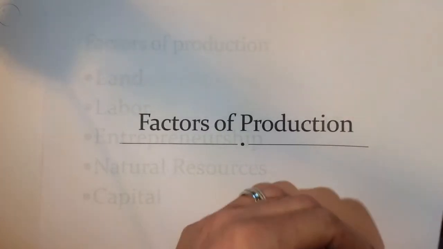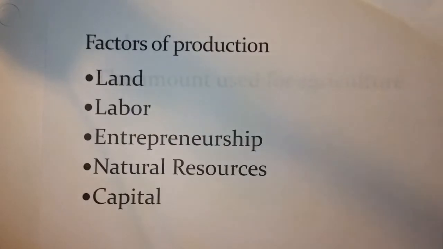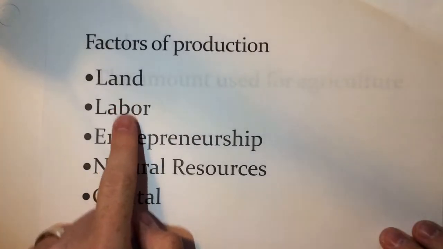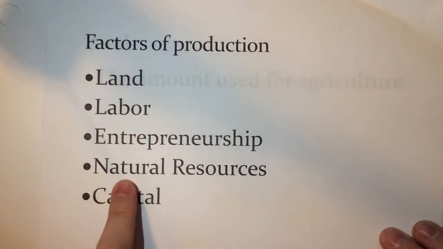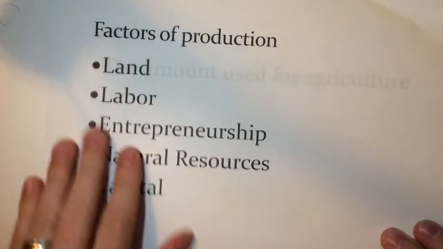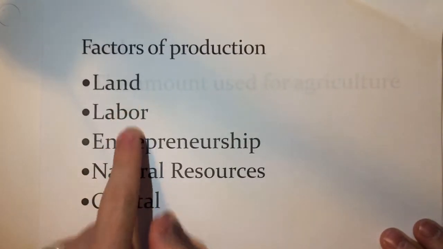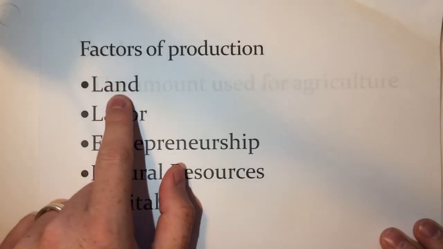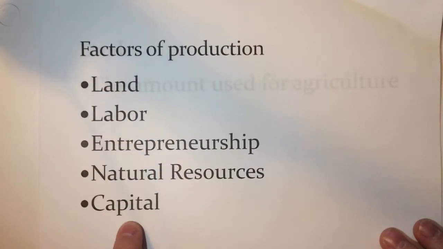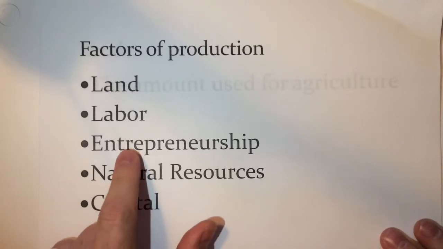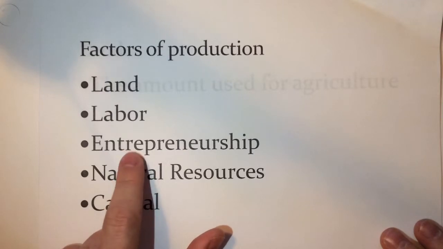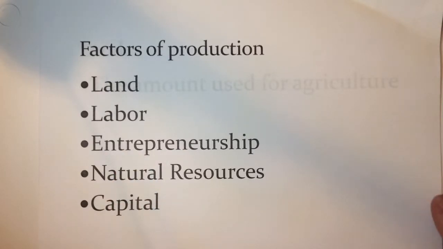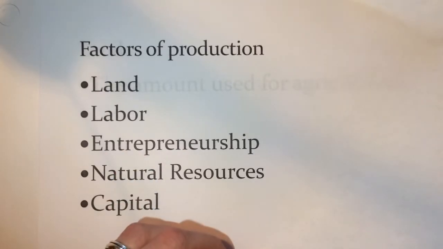The first thing is our list of factors of production. Our main ones are land, labor, entrepreneurship, natural resources, and capital. Usually we will focus on land, labor, capital. A lot of times our tests will help us know that we need no land, we'll need low labor, and we'll need no capital. And then they'll try to trick you by putting something else besides these two in there. So let's be sure we know them now so we don't get tricked later.